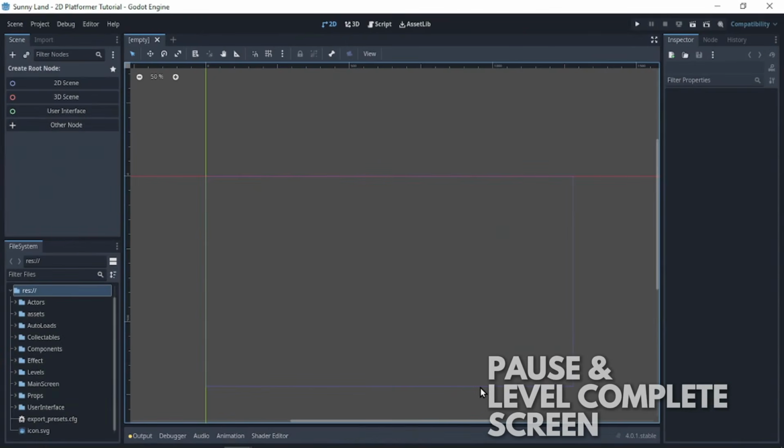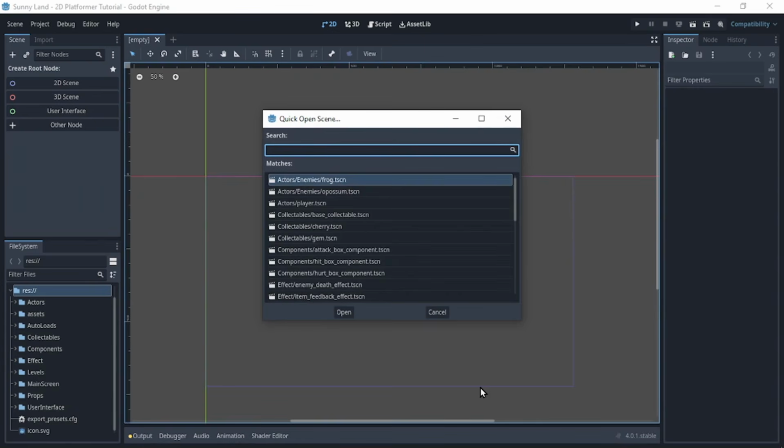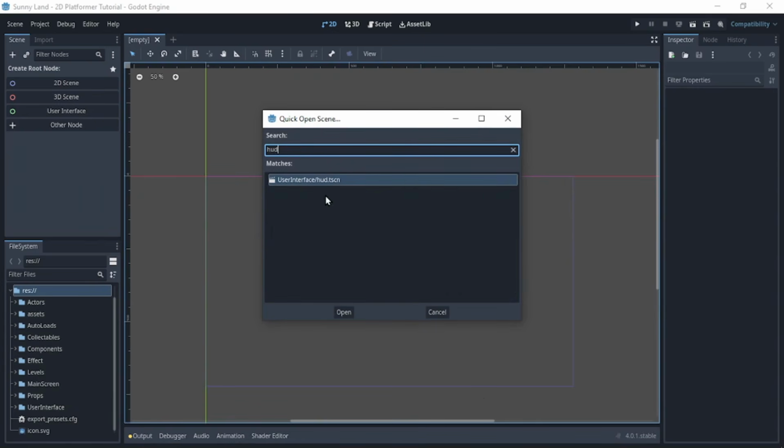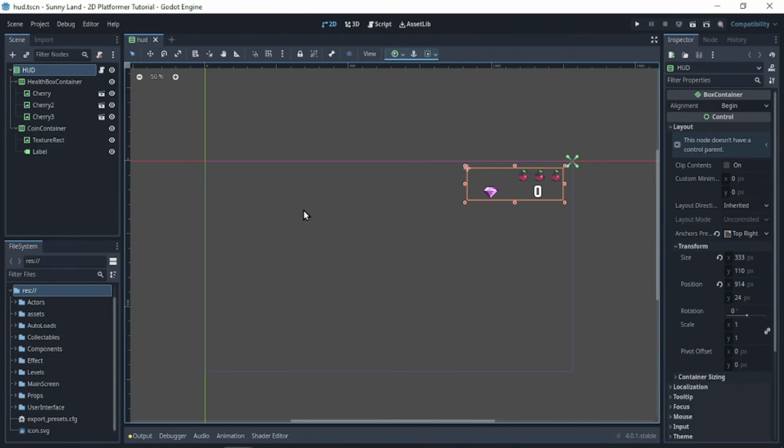Alright, welcome back, and right now we want to work on a pause screen for our mobile game. And to do that, we'll need to open up our HUD scene. So look for your HUD scene, which should be in the user interface folder. Open this, and we'll need to